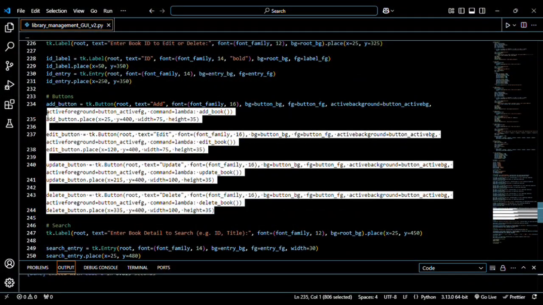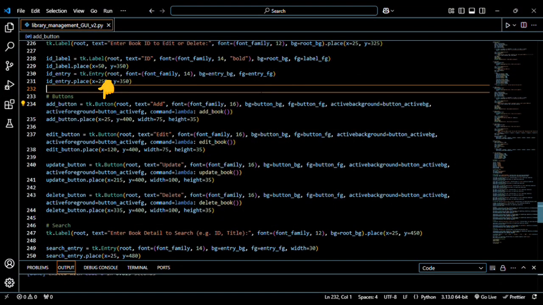Let's move on with our buttons. In creating a button, we will use tk.Button. This creates a clickable button with customizable text, images, or commands, triggering a specified function when pressed. The command argument triggers a function when the button is pressed. Using lambda ensures that the function is executed without needing additional parameters. This allows for cleaner code. Each button triggers a different function when clicked. The width and height arguments set the desired width and height for the widget.